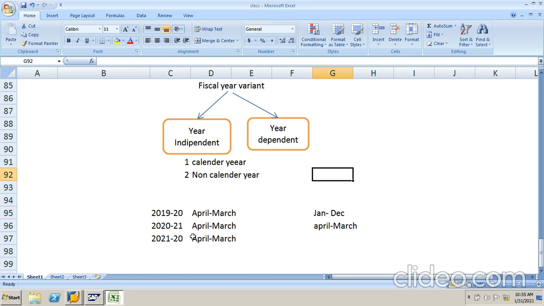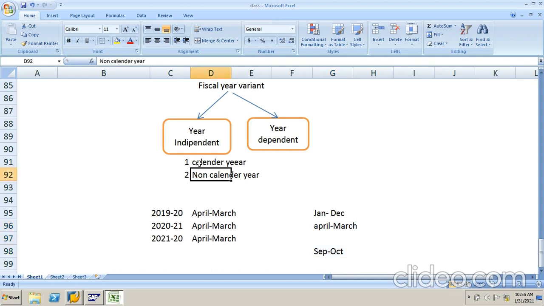Companies whose posting periods are apart from January to December can use any period, not only April to March. Some companies will follow September to October based on their country requirement. This is also an accounting year.